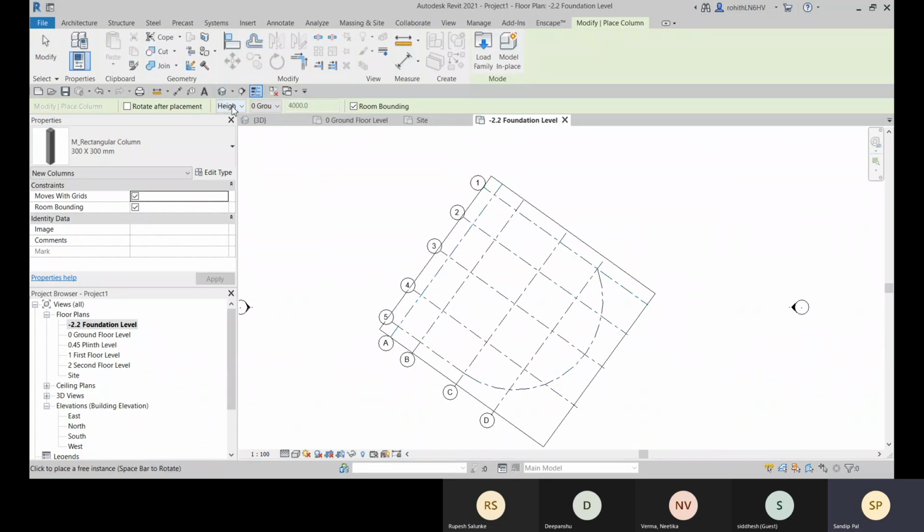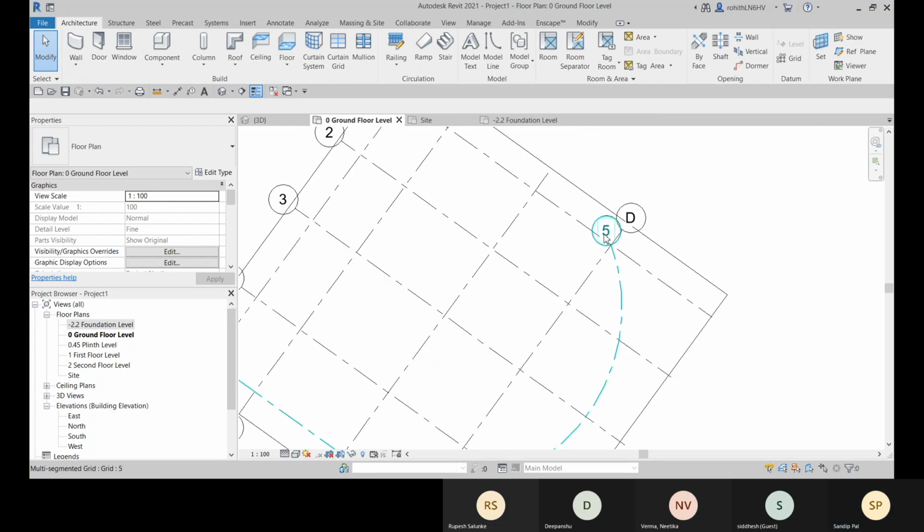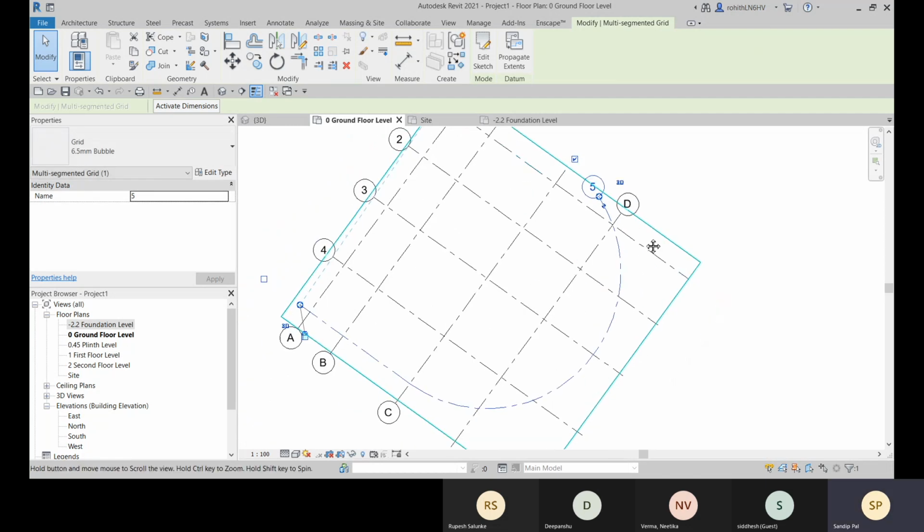All right. And here you can define what will be the height. It will be like depth or height. So if you're placing from ground floor, from that ground floor, you can go with the depth. Okay. So here I'm placing from the foundation level, so it will go for height, and up to the ground floor level, it will be the height. Okay, so you can go with that. All right. So I'll not place it from here. I'll go to the ground floor, and from here I will place it. Let me place it over there.